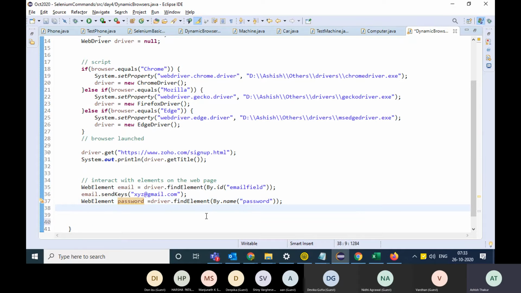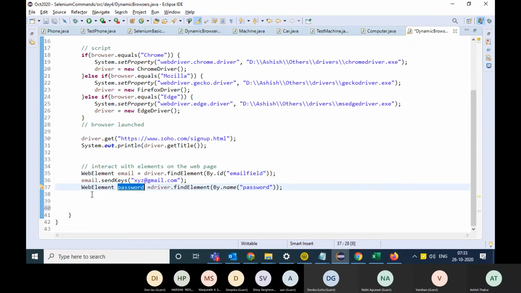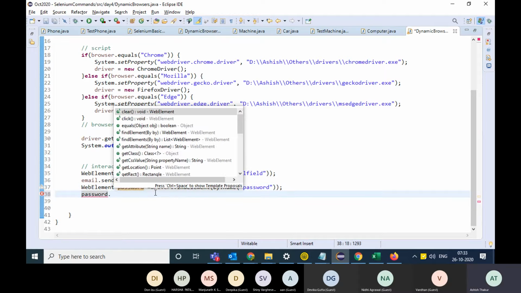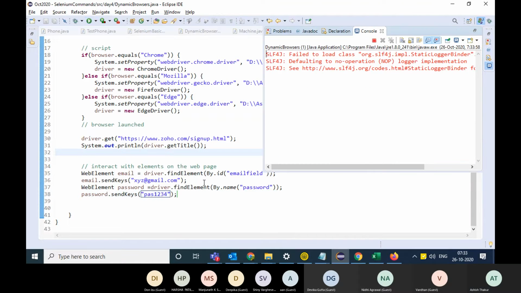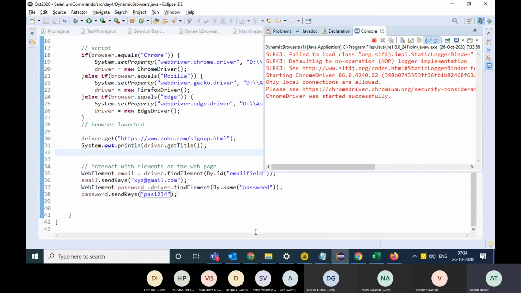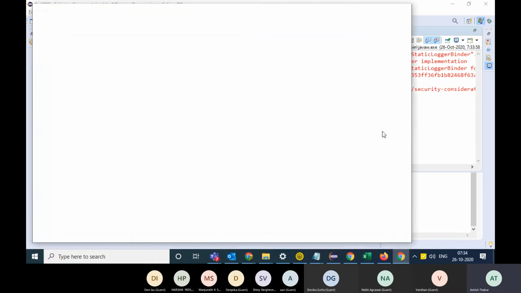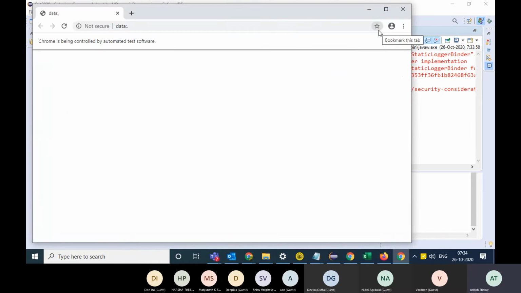Okay. And you can write password dot send keys, put in any password, and if you run this, it will run. So I'm identifying one element with ID and I'm identifying the other element with the name.